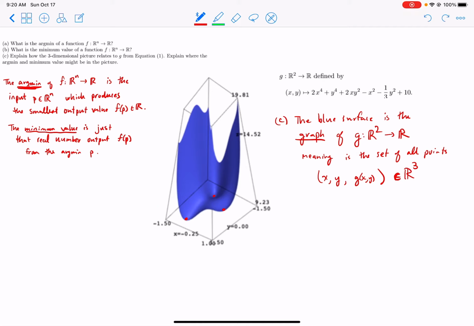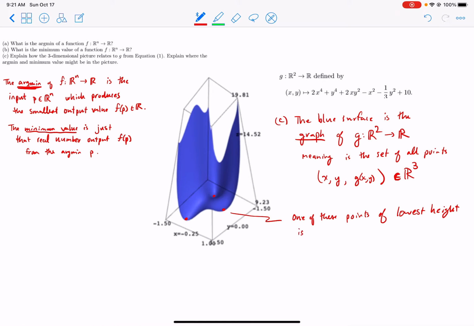And these three red points, at least one of these points of lowest height, because in a graph, the value is the height depicted above the input space. This is how a graph works. The input space is here, and then the output space is that last coordinate, the height. And so one of these points of lowest height, it's hard to tell which one,